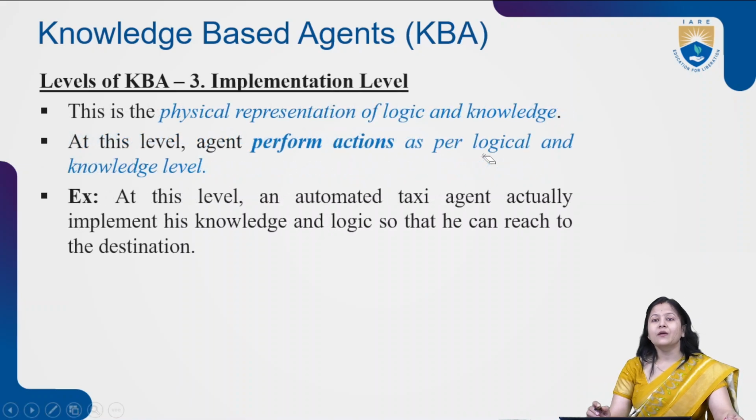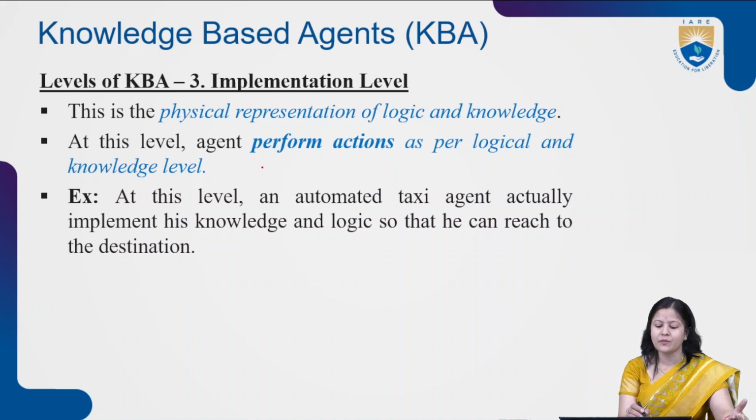And the third one is the implementation level. This is the physical representation of the logic and knowledge. Whatever reasoning the logical agent applies and whatever knowledge it stores inside the knowledge base will be encoded in the form of a programming language. At this level, it performs the action as per the logical and knowledge levels. Now you can see the example: an automated taxi agent actually implements this knowledge and logic so that it can reach the destination. The same knowledge I can write using the Python language,